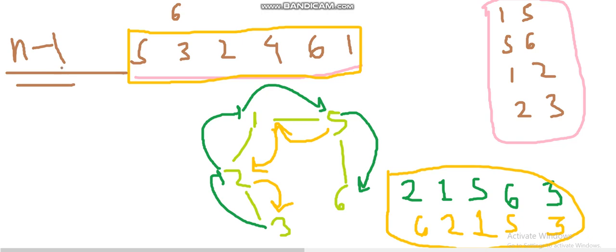So n-1 swaps will be required at max. For n-1 swaps, if a group contains n elements and the two leaves are getting swapped, the number of operations will be the number of edges, n-1, plus n-2. So I think it is 2n-3. So the maximum number of operations required will be something